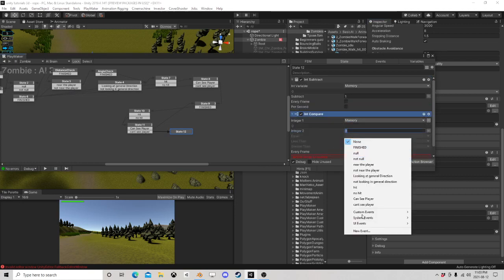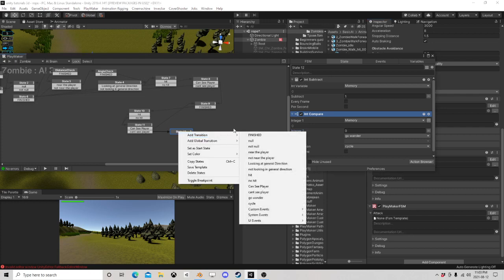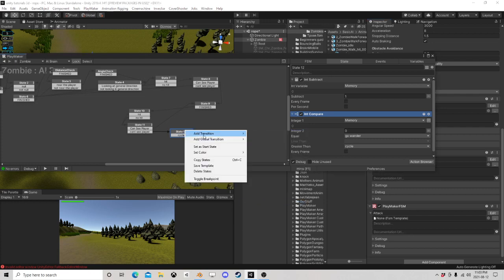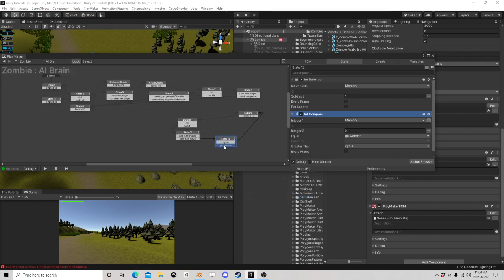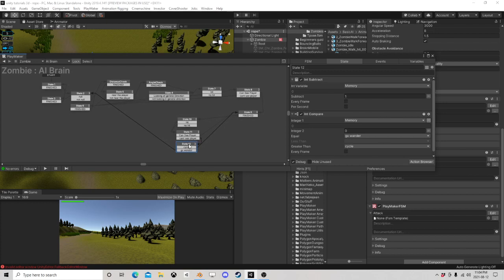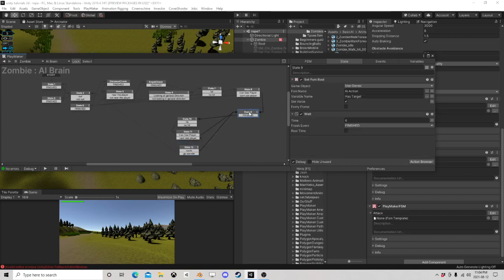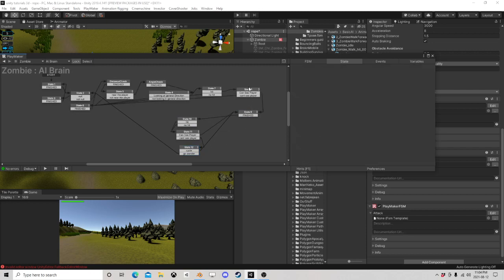Memory, if it's 0, go wander. If it's greater, go back and cycle this again. Right, so cycle and go wander. Cycle, go up here. Go wander is back there. See if we're null. Right, so here, as we come through, we're going to subtract 1 and compare. But what the hell is memory? Right, so here,